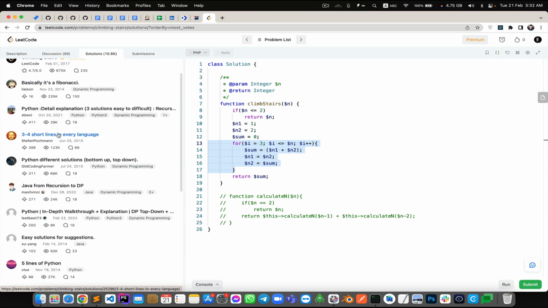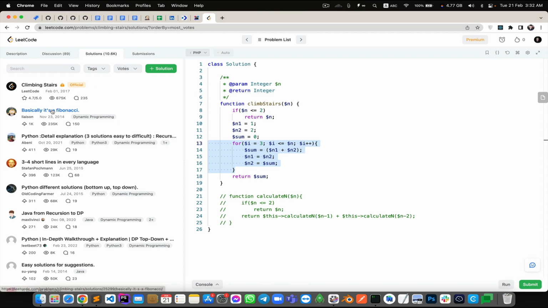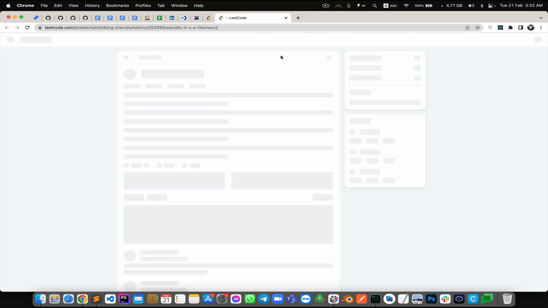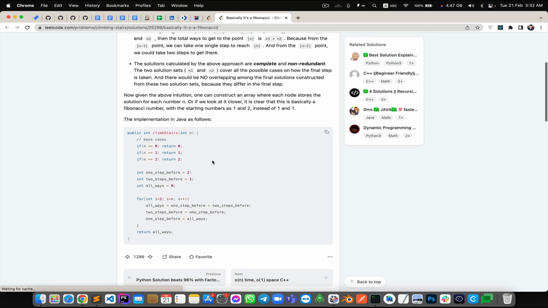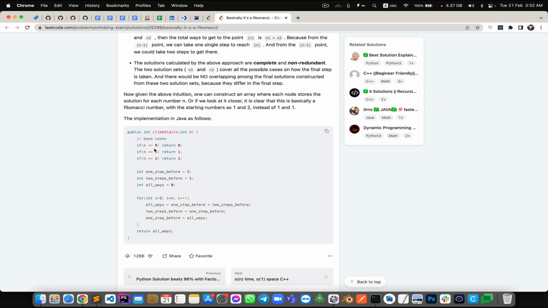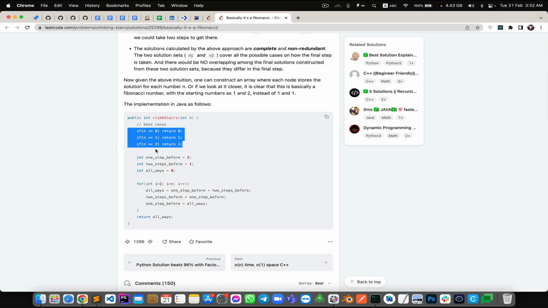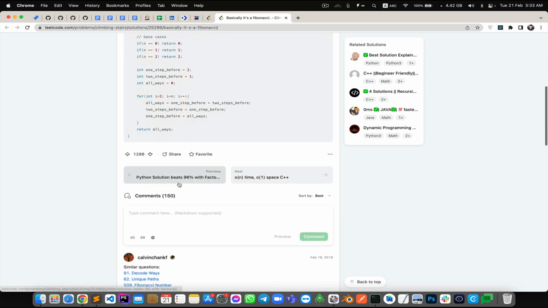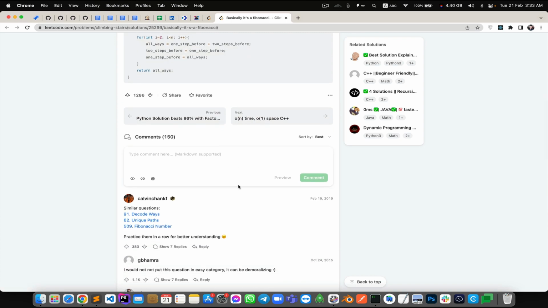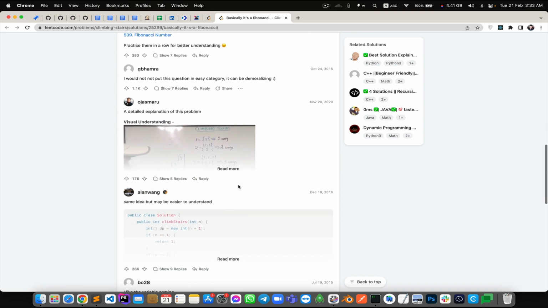Basically it's a Fibonacci, so let's take the first one and see what's happening if n is less than or equal to 0. These are the base cases. We have already done this in one single condition, one step. Okay, it's using the same way we are using, and it's not giving